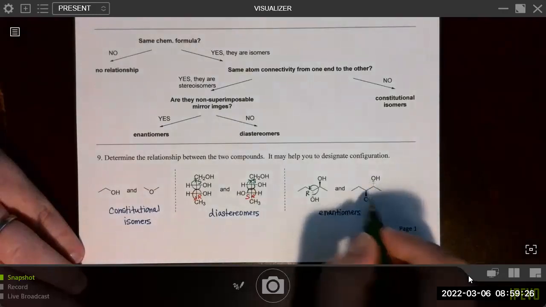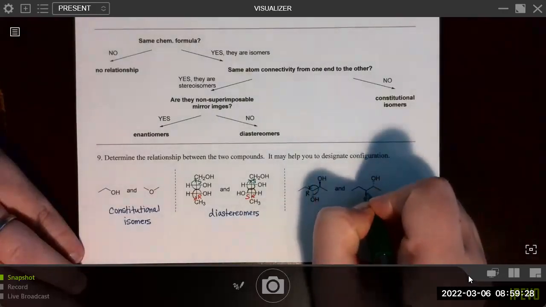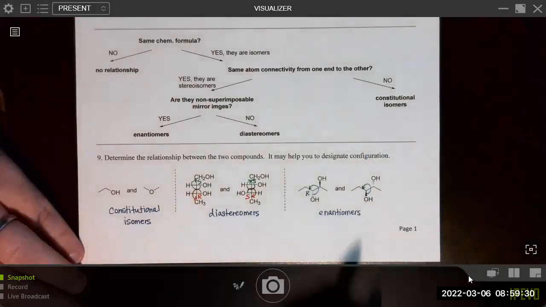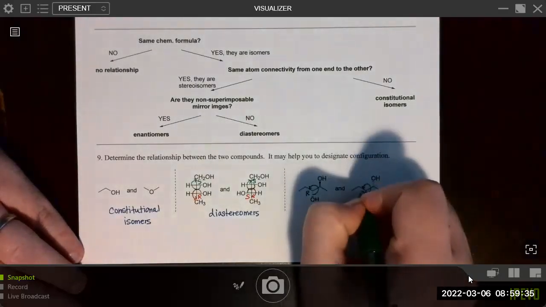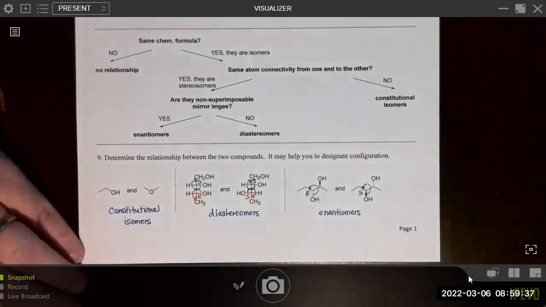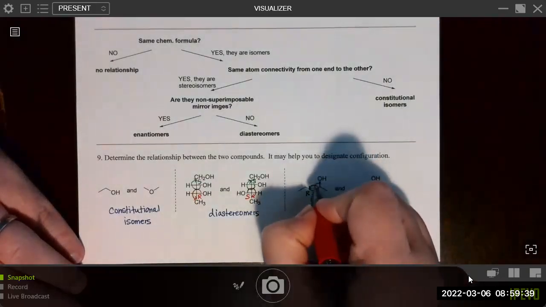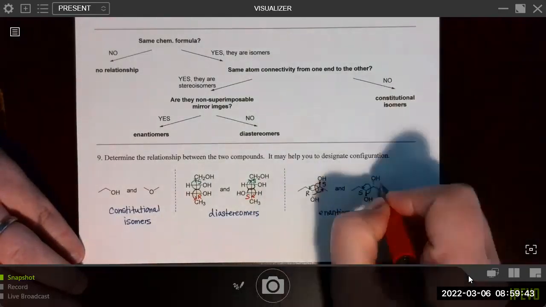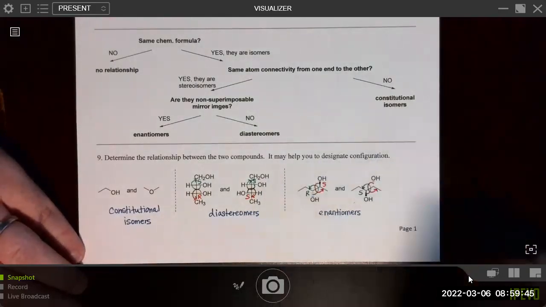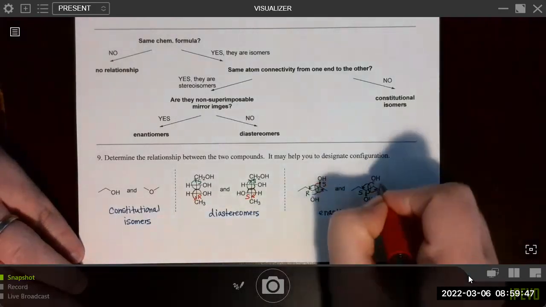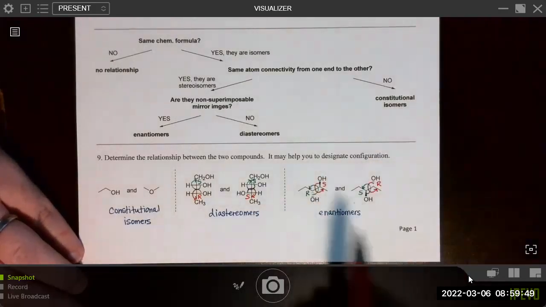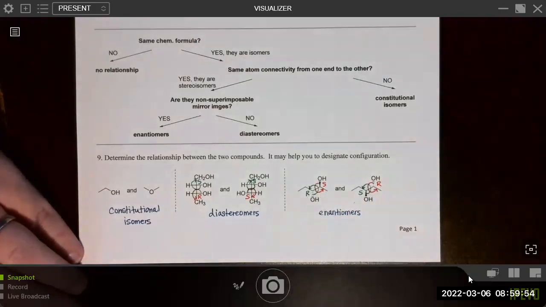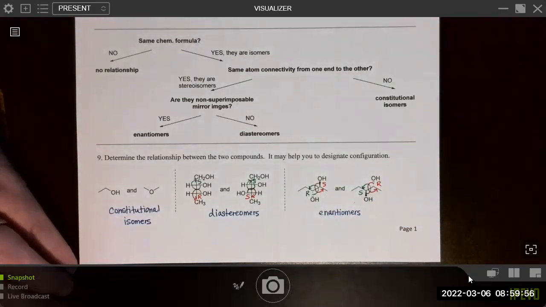And then coming over here, we'll have the same counterclockwise, but again, now the hydrogen is pointing back. So this is really S. And then 1 to 2 to 3, the hydrogen pointing back, this is S. 1 to 2 to 3, the hydrogen pointing out at us, this will be R. So notice how we went from RS to SR, exact opposite at every chiral center, so we have enantiomers.